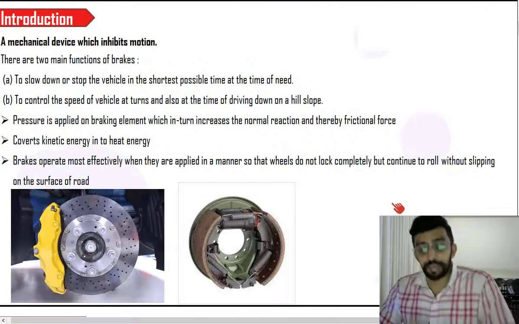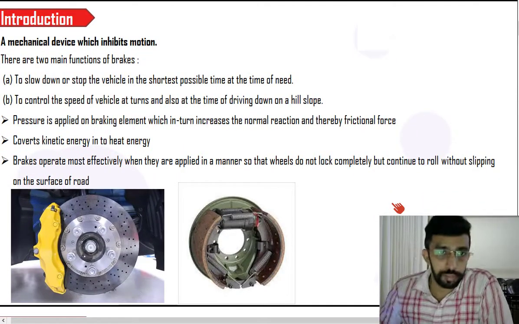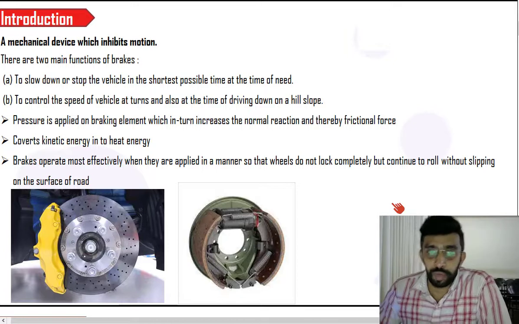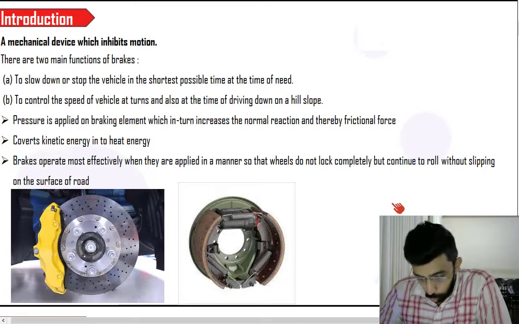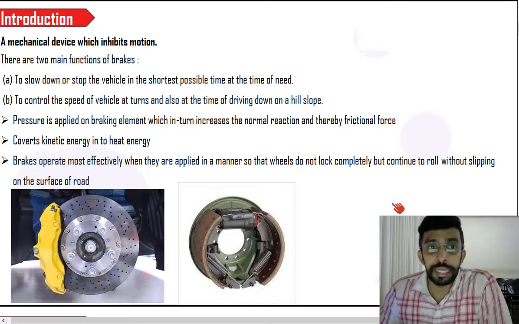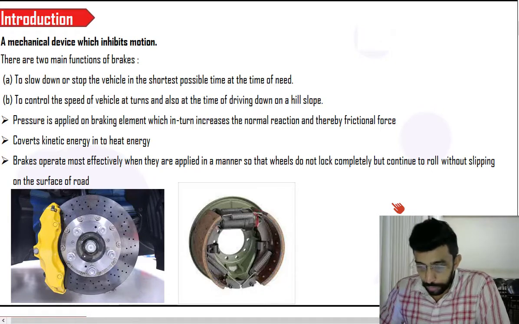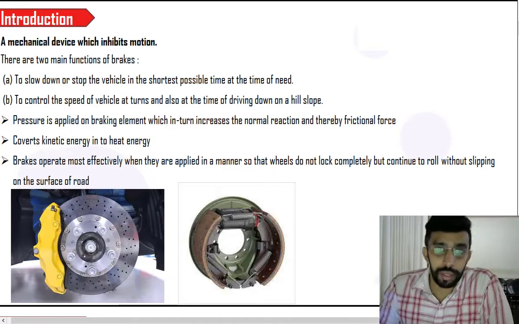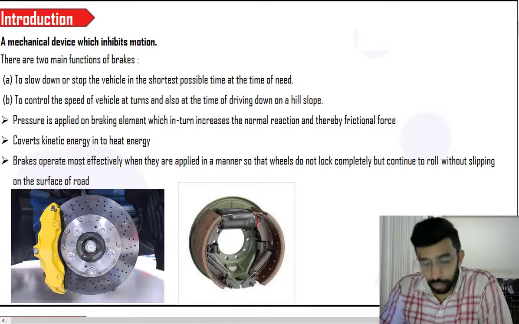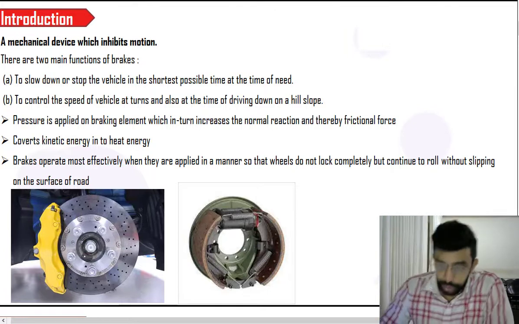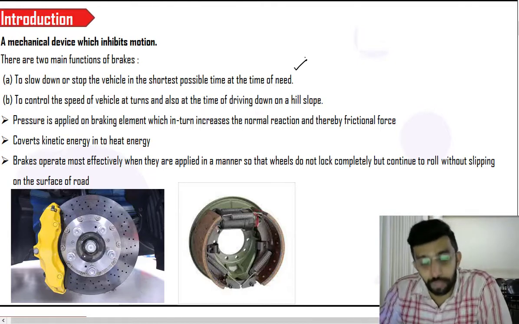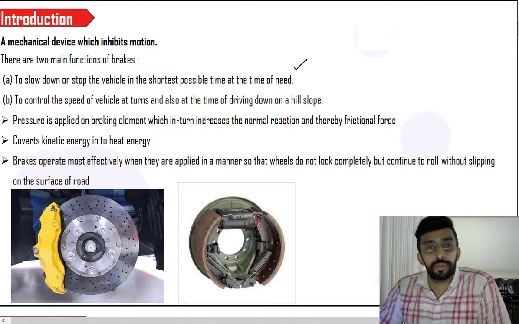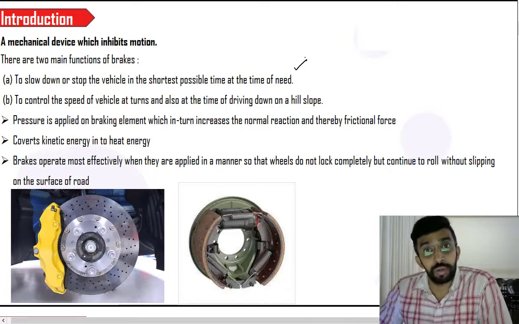We all know that a brake is a mechanical device which inhibits motion, which opposes the motion. That is the actual purpose of the way in which the brake works. It inhibits the motion. But the function of a brake is not just to inhibit, it has two more functions. One is to slow down or stop the vehicle in the shortest possible time at the time of need. So whenever we need to stop the vehicle or to reduce the speed,